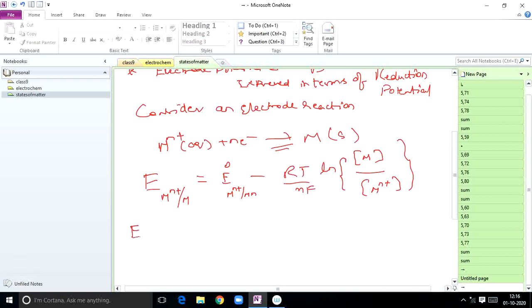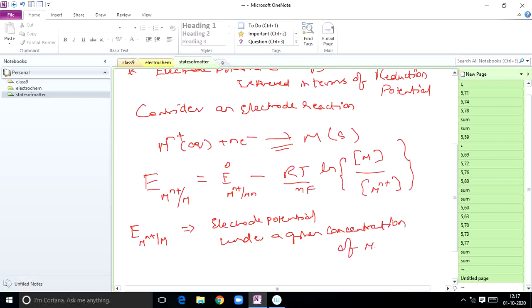This term indicates the electrode potential under a given concentration of Mn+ ions,